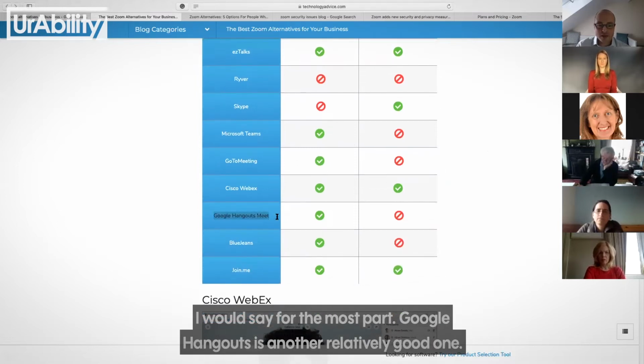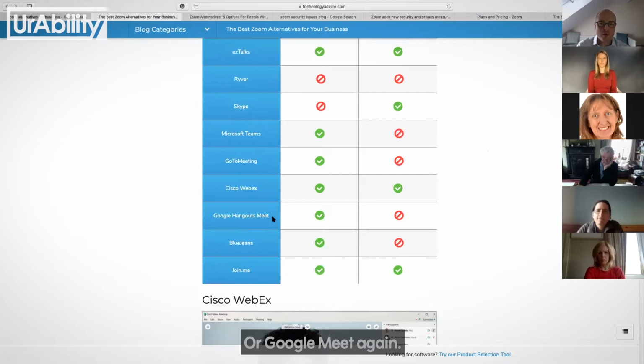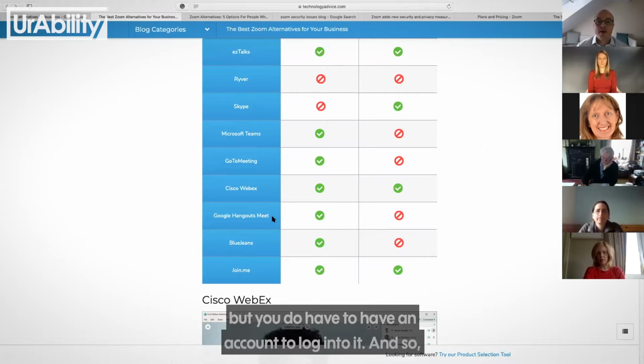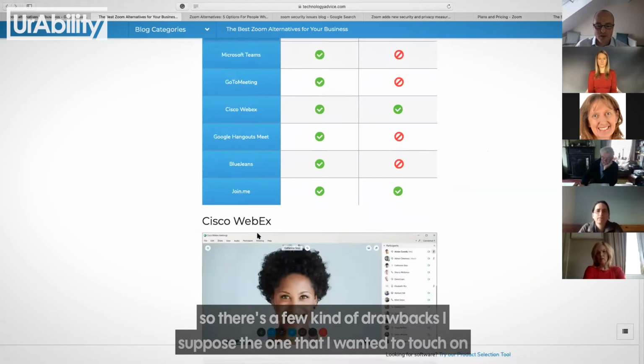Google Hangouts is another relatively good one, or Google Meet. Again, it's not that there's not a free version, but you do have to have an account to log into it. So there are a few drawbacks, I suppose. The one that I wanted to touch on,